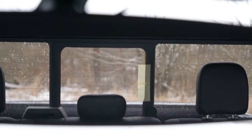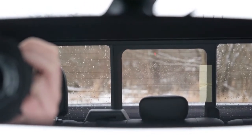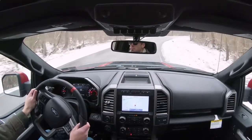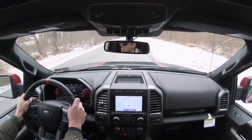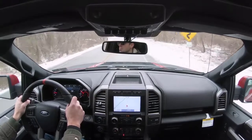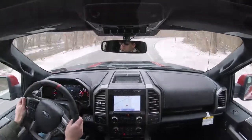And touching on visibility, you're really not going to have any issues with the truck when it comes to visibility. I can see perfectly fine out the side mirrors as well as the rear view mirror, so definitely no issues there. And I did want to mention rain sensing windshield wipers. They are going to be optional. We do actually have that option today, and that's really nice too. It allows you to focus more on driving. They're kind of like automatic headlights. They're going to automatically turn on whenever they detect any kind of moisture on the windshield, so that is definitely a plus as well. But now that we pull up to our location for the exterior,